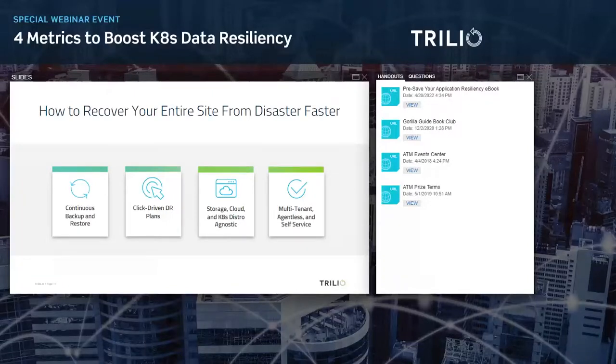So agentless means that you're also going to have faster restore times because you're going to be more efficient with your resource use, essentially, instead of bogging down your cluster itself when doing a restore. And then lastly, self-service in the event of maybe a smaller disaster occurring, in terms of a smaller team having issues with their application, they can have that self-service component where you can go in yourself and do your restore itself, or create your backup plan exactly as you need to